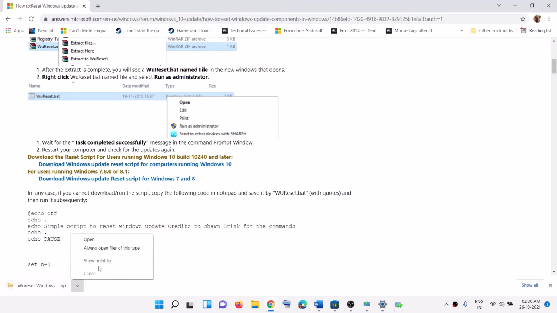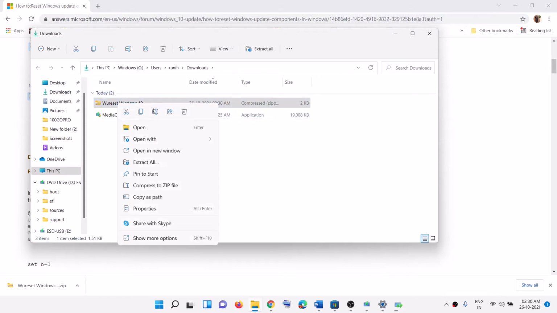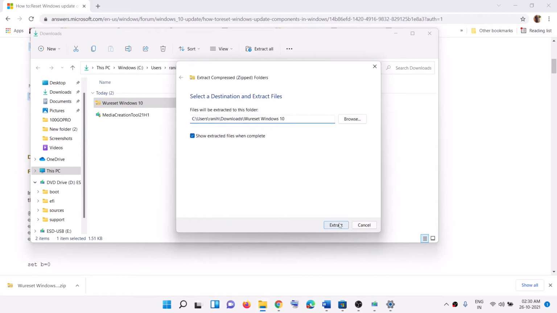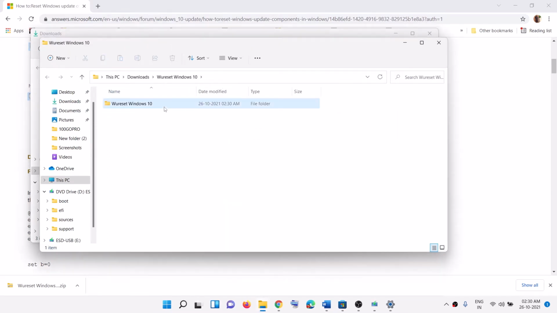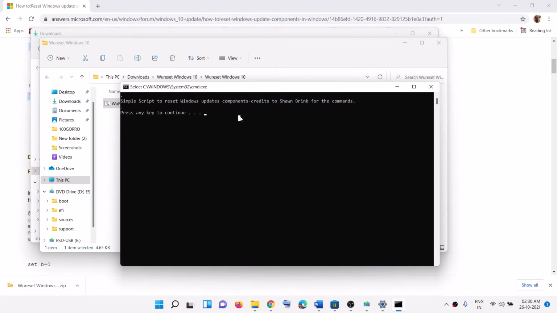So go to the download location, right click on wsreset Windows 10, then click on extract all, extract, and once the extract is done open this folder, and then right click on wsreset, and then click on run as administrator. Click on yes to allow, and then you will see the screen. Over here it prompts you to press any key to continue, so press any key on the keyboard,